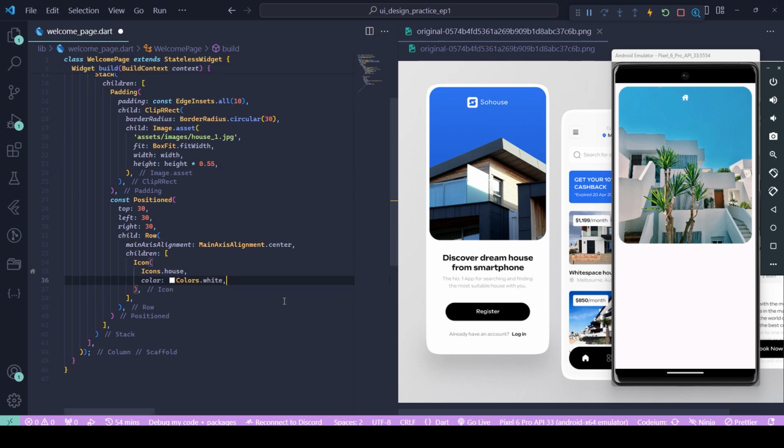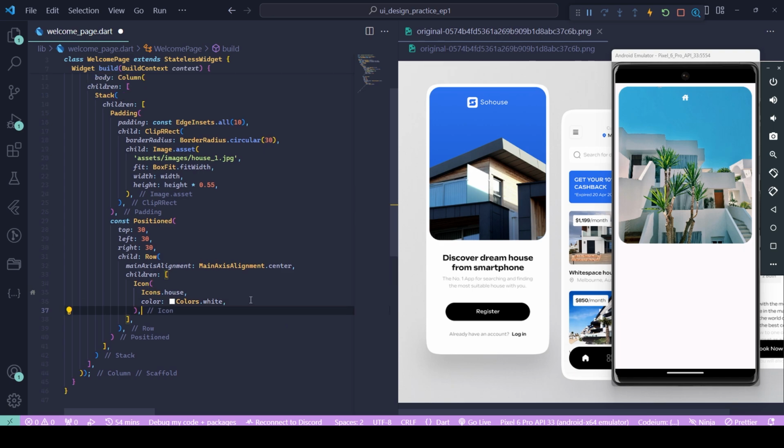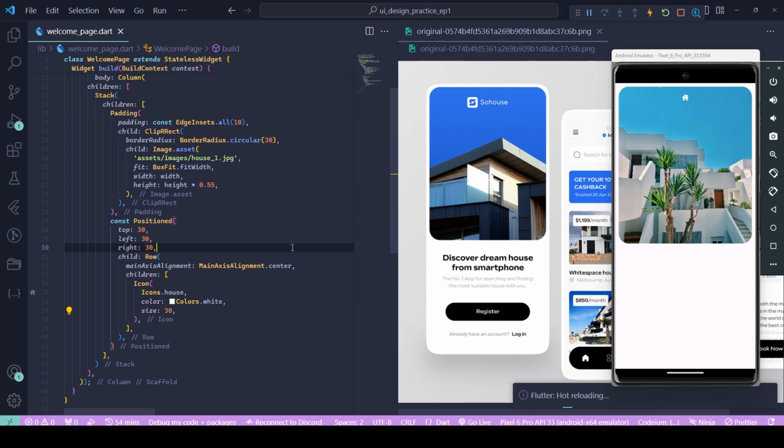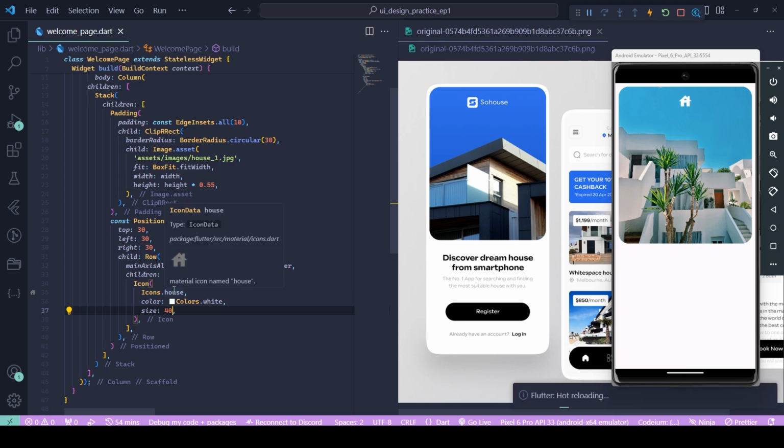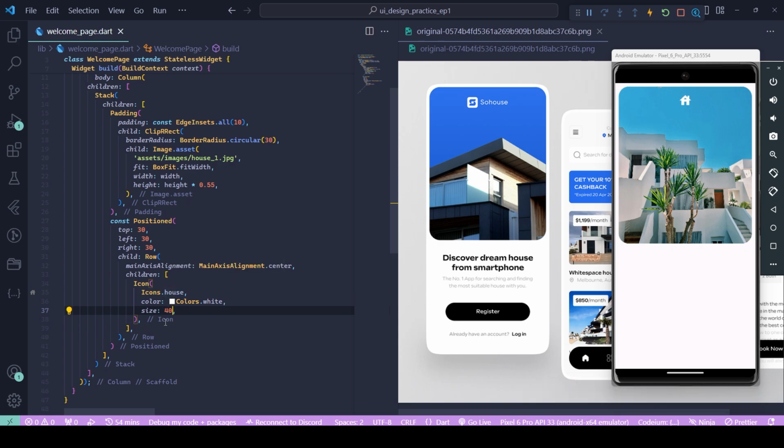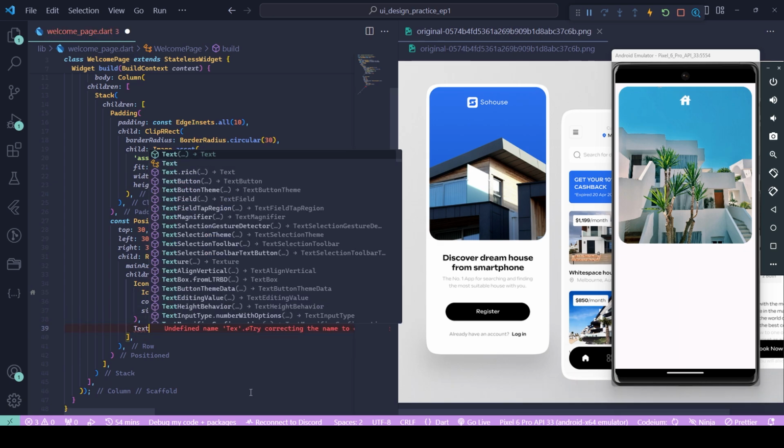And right next to it we need a text. So before adding the text, I just wanted to make it a little bit bigger, so I can just say size is equal to 30, or maybe I can go up to 45 or something. Let's just check it. Yeah, 45, maybe 40. Yes, this is the best choice we can have. And right next to it we need a text,